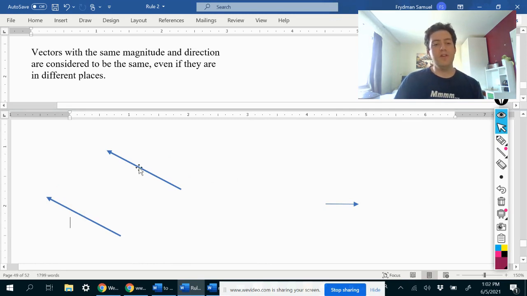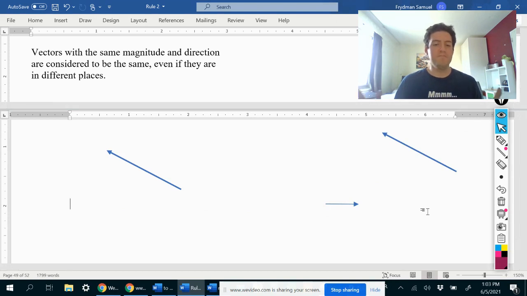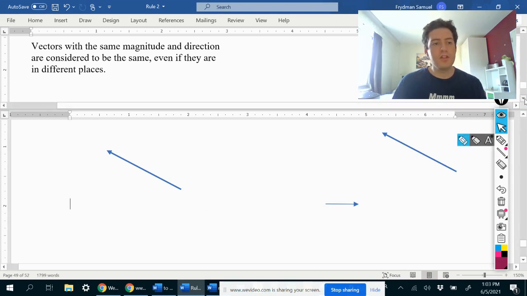Even though this one is over here and this one is over here, the magnitude of both of these vectors is the same. They're both the same length. And the direction of both of these vectors is the same. They're both pointing in exactly the same direction. So these vectors, even though they're in different places, would be considered to be the same vector. Even if I were to take this vector and put it over here, they're still the same because the magnitudes, the lengths, are still the same, and they're still pointing in the same direction. Okay? So moving on,